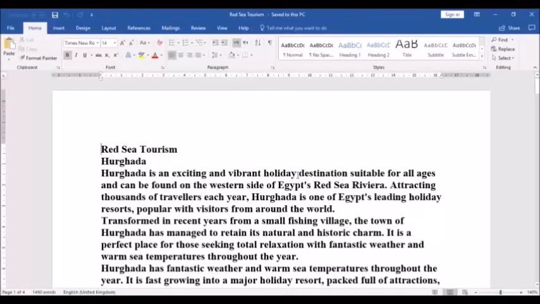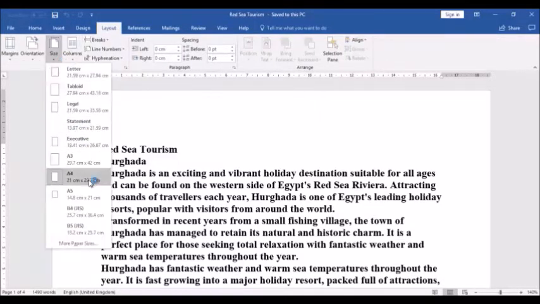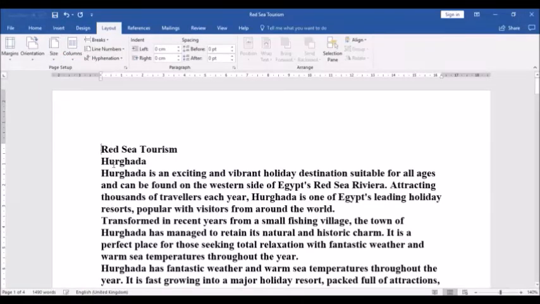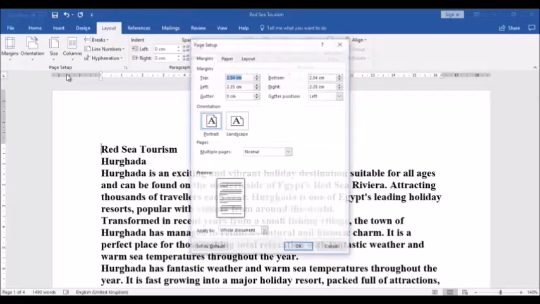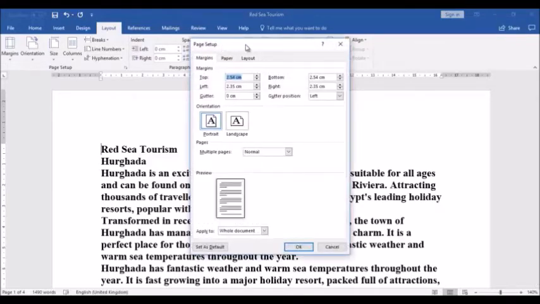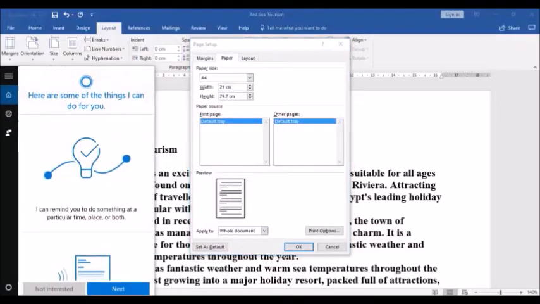Now, set the page size to A4, so I'm going here from Layout, Page Size to A4. Take a screenshot as evidence of this. All of you know that for screenshots we use the Snipping Tool. I cannot get this from here, so I need to open the page setup. To take a screenshot of the paper size, using the Snipping Tool,